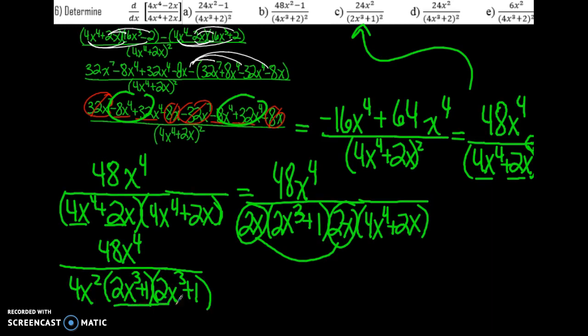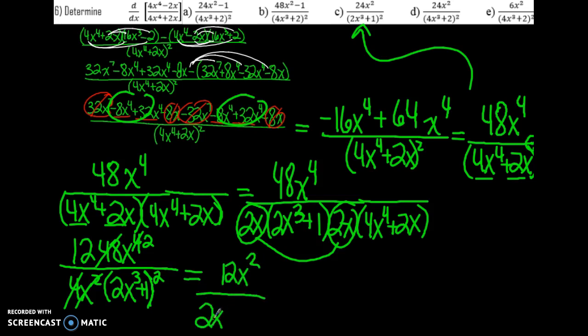And these two are the same, so I'm going to rewrite it as itself squared, like such. And then we have x squared canceling with x to the fourth, canceling two of those x's. And then 48 divided by 4 does give you 12. And sure enough, you end up with 12x squared over 2x cubed plus 1 squared,